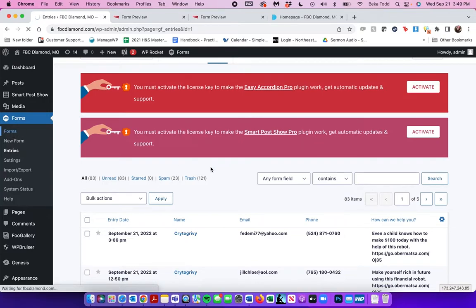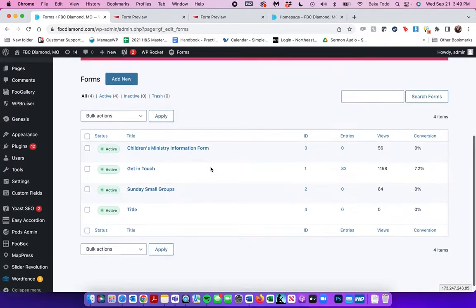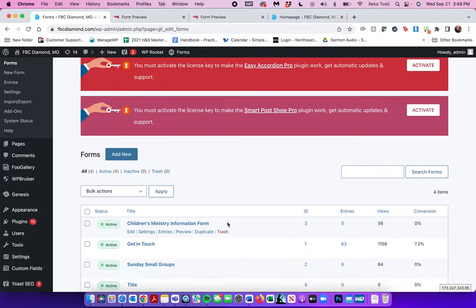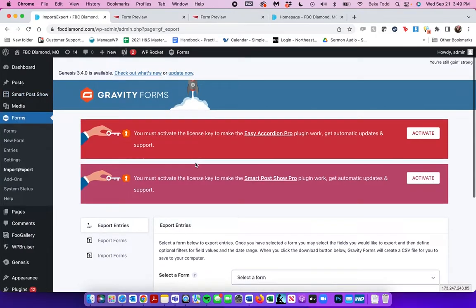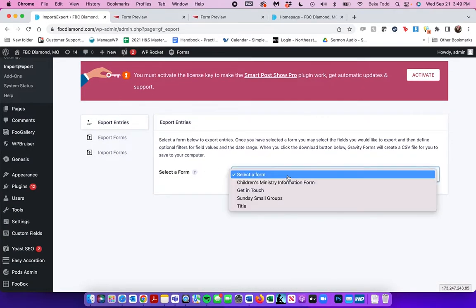But that's where you can get your form entries. Then if you have some sort of meeting or program where people are coming, and you want to import or export your form entries, you can do so here. You just click what form you want,